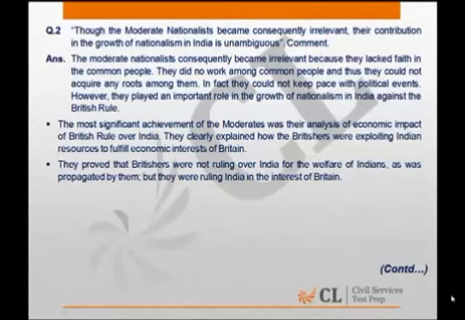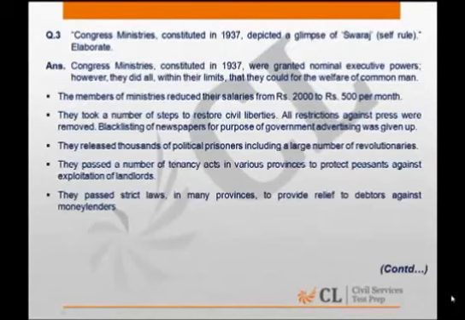And now question number 3. Congress ministries constituted in 1937 depicted a glimpse of Swaraj. Elaborate. This question is also 50% based on information and 50% on analysis. You all know that the demand of Purna Swaraj was raised in 1929 at the Lahore session of the Indian National Congress,